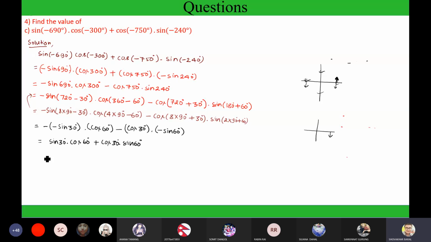So these are all the standard angles of the first quadrant. We have reduced all the angles to standard angles. Here is 690 degree. We don't know its value, but we know the value of sine 30 degree. We have reduced it to the standard angle of the first quadrant. Sine is a periodic function. Cos is also a periodic function. I think you may not know about periodic functions, but a periodic function means a function in which the value